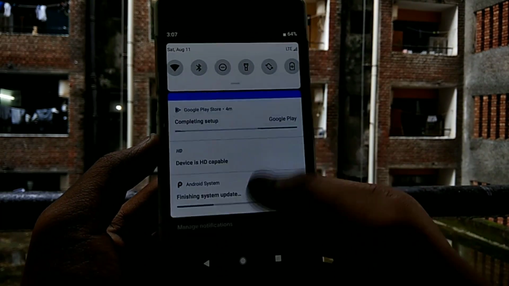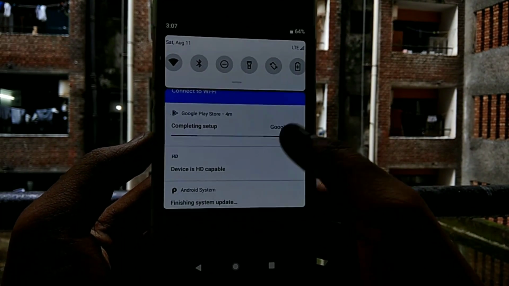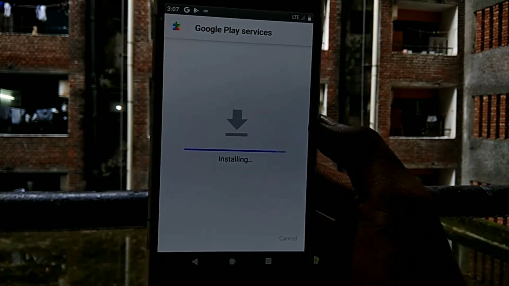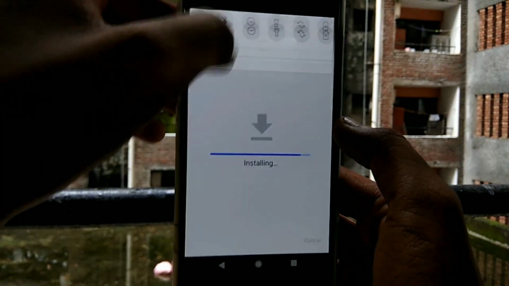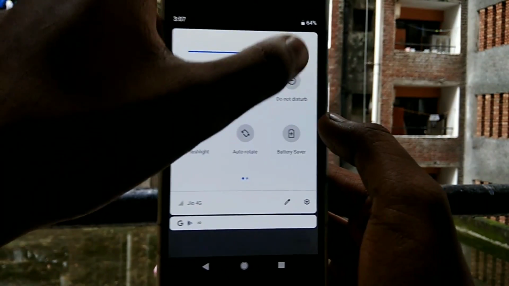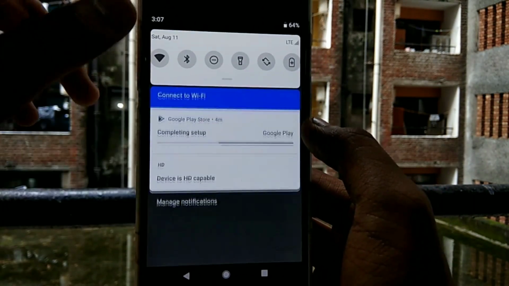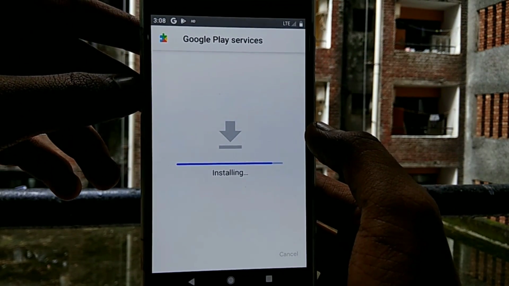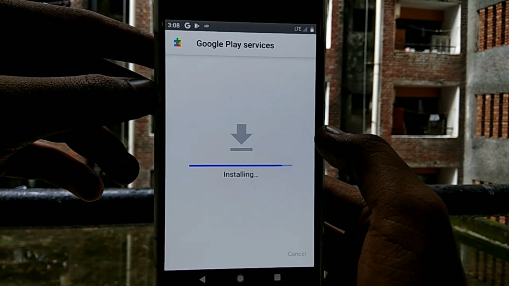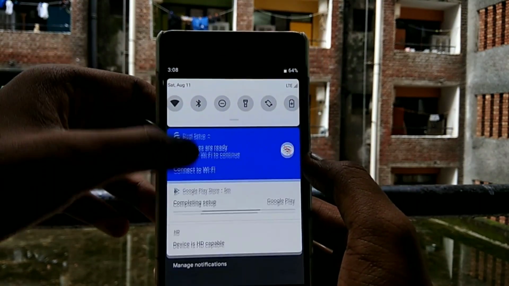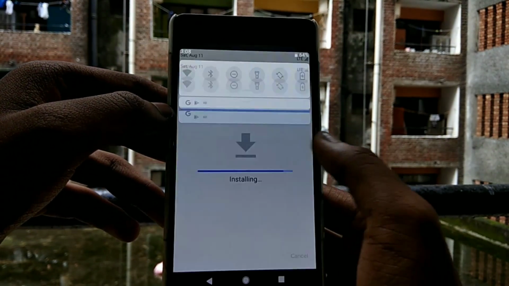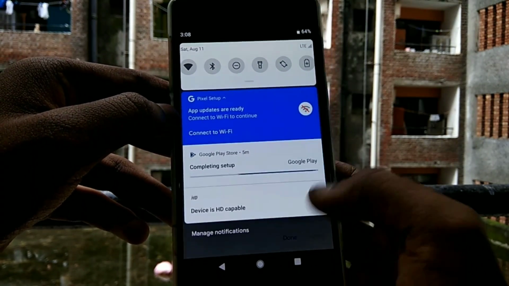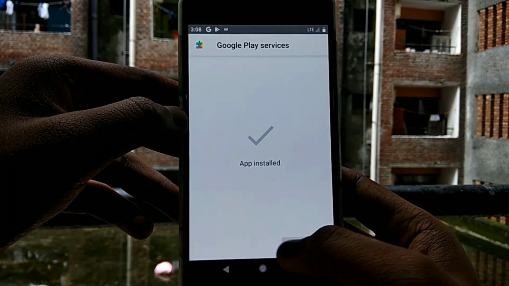So please wait with patience till the File Manager responds. If it does not respond for a long time, close it and open it again. Whenever the Google Play Services is updated, that system updating notification will be removed automatically. As you can see, the system update process is completed and the Google Play Services is also installed.